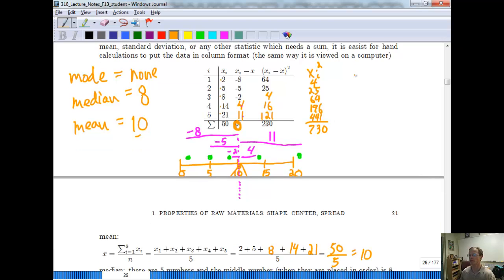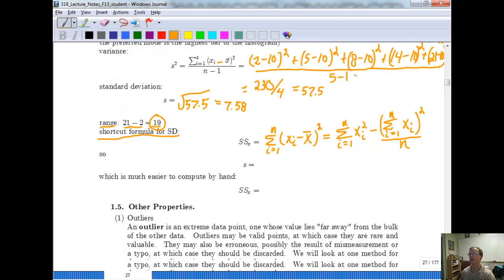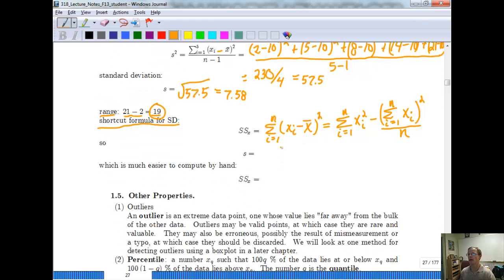Okay, so I can plug that into my formula down here. So SSX is going to be 730 minus the sum of x, which was 50, so take 50, square it, and then divide by 5, and that is going to be 230, which was my original sum of squares x that I can use up here. Okay,